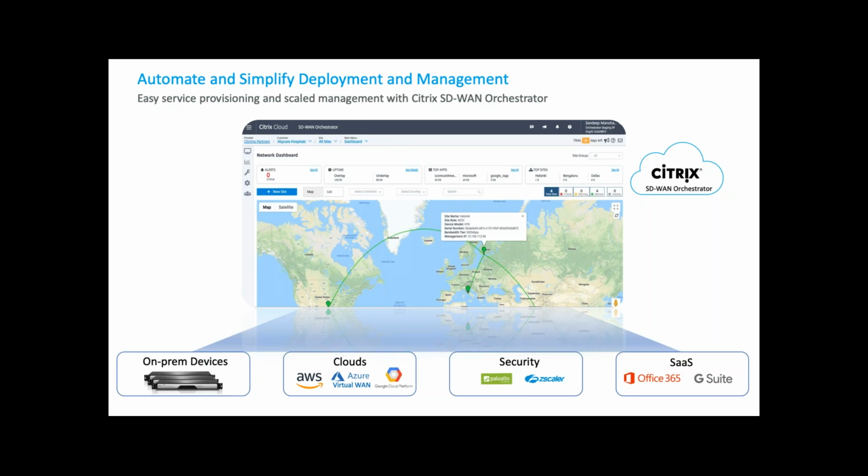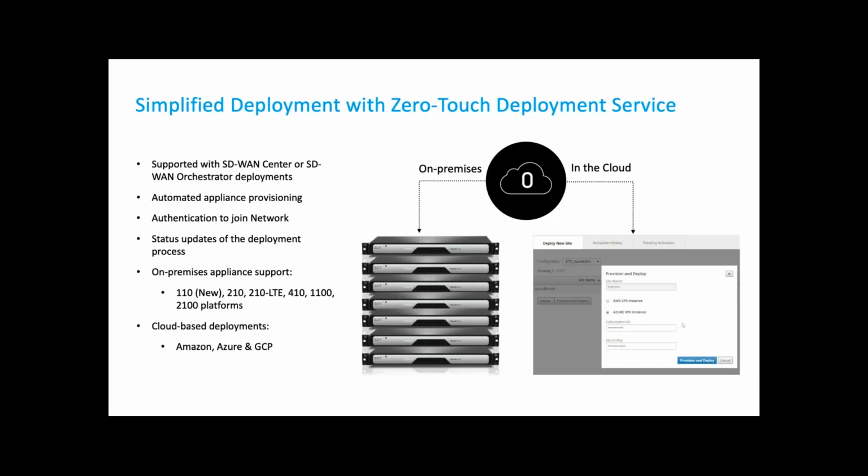So the zero-touch deployment allows us to send a device to whatever location. It will automatically provision its own configuration, and that is based on the serial number. So we need to note down the serial number of the device that we've shipped out on site. When that device is plugged in, the management port just needs to have internet access. It will dial back to the cloud service, and from there pull down its configuration. And you might say, what if it's a brand new site and it doesn't have any IP connectivity yet? Well, the onboard 4G will also allow you to do that. The 4G service, if the management port is not live, will dial back to the service for you. So it's a really handy way of getting around those hurdles of standing up a remote site.